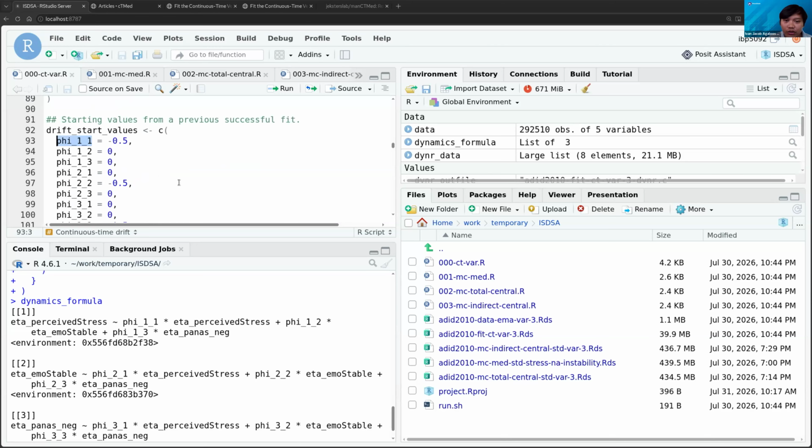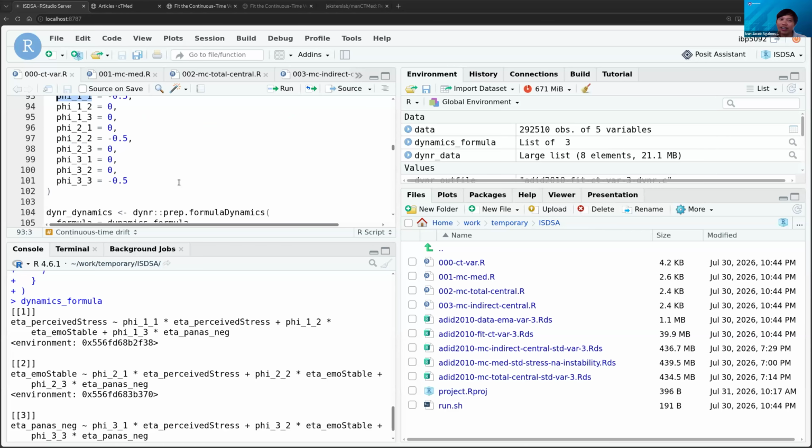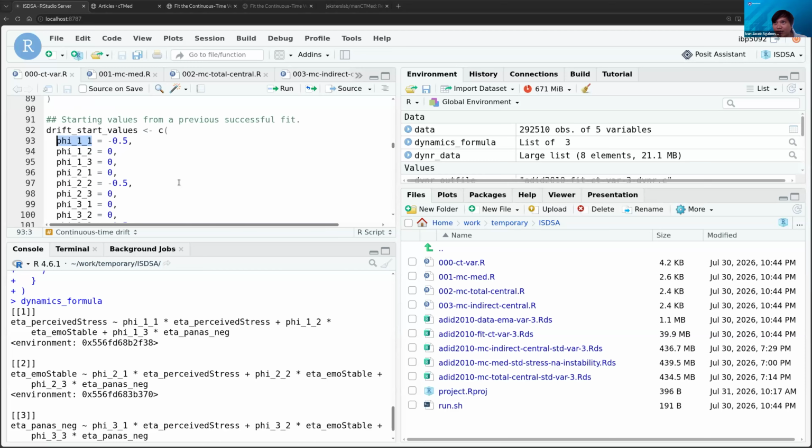Now, if you're doing this in your actual research, you will probably not do this just once; you will refit the model many times. And in a sense, you get a sense of what good starting values are after running it several times. So you can learn from your own model refitting what good starting values are. Here, because I've already refitted this, I know that these are relatively good starting values, even if I just put zeros in the off-diagonals.